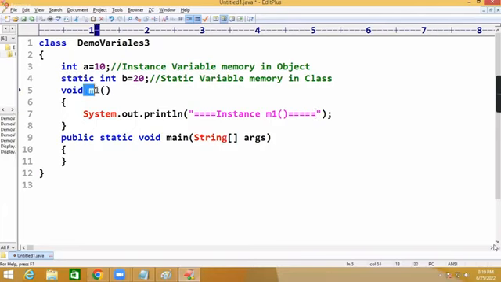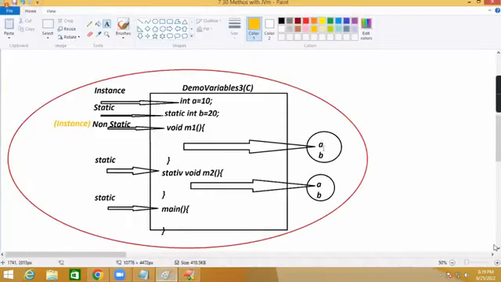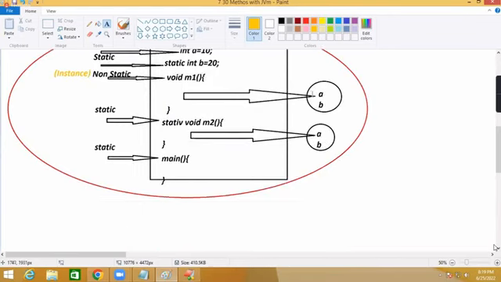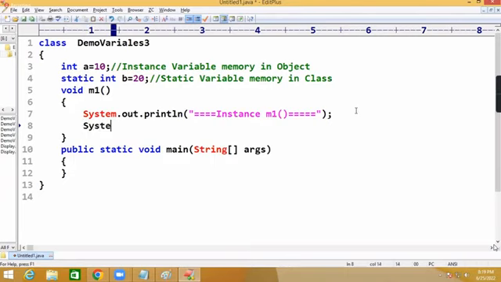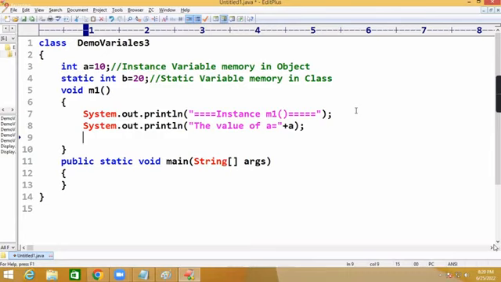Now I am asking this m1 to display a and b. I asked you to display a and b here actually. So print a, print b now. So here I am writing System.out.println("The value of a is equal to" + a); System.out.println